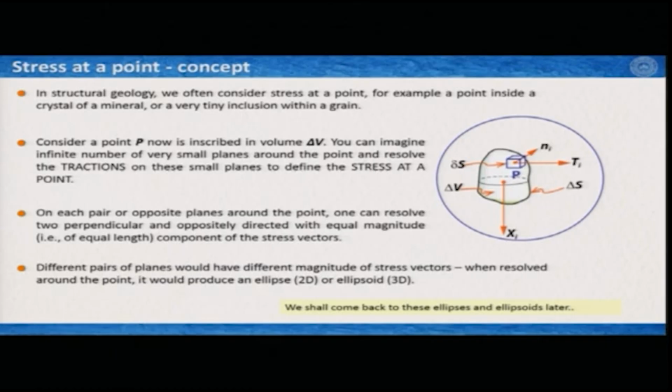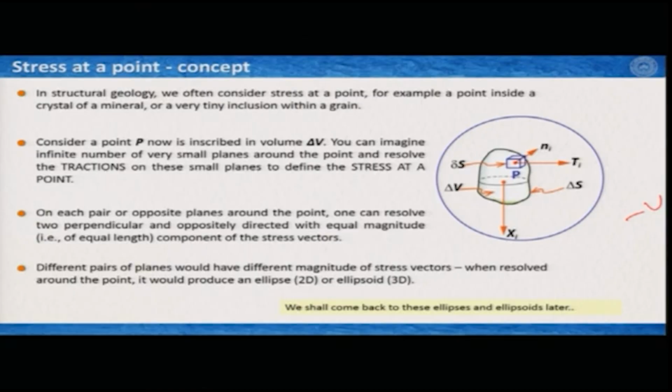So, we have the same drawing again, we have this volume V somewhere outside, and I just highlighted the area here where you have del V, then you have delta V, delta S, and then del S, a small surface, and we have again the same point P, on which we have already generated a very small surface, and we looked at how we can get the stress on a surface resolved. Now, to get the stress at this particular point, we consider the point is now inscribed in the volume del V,